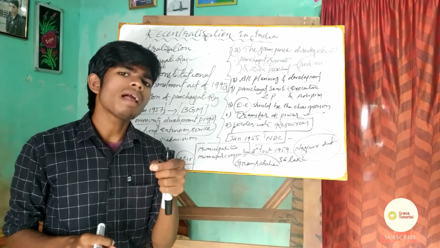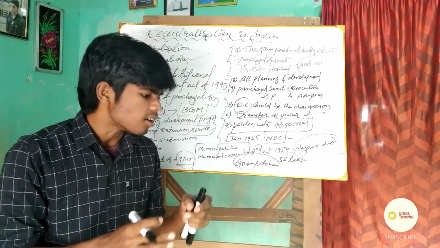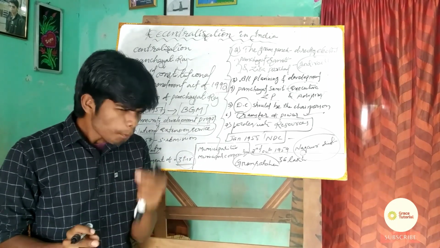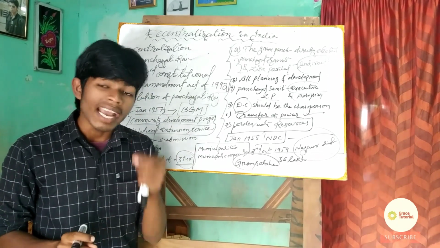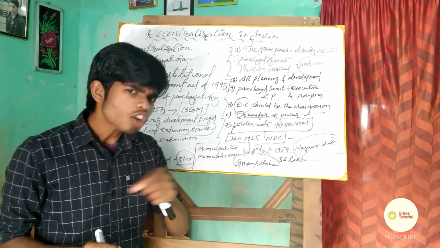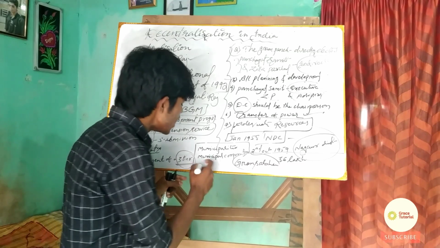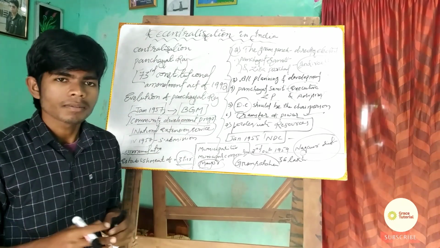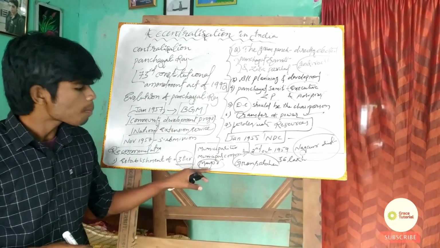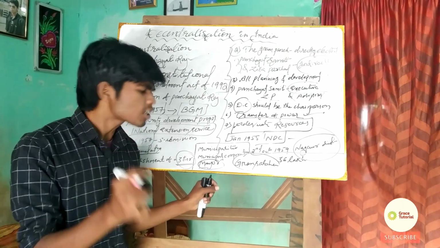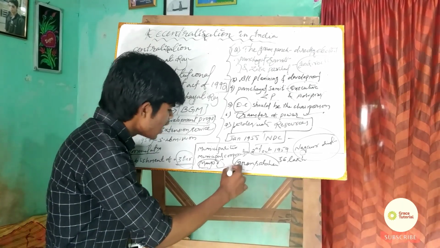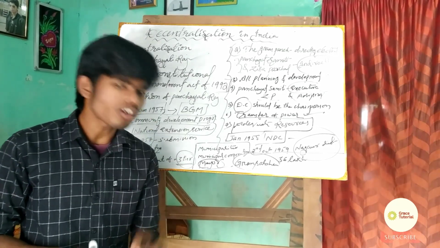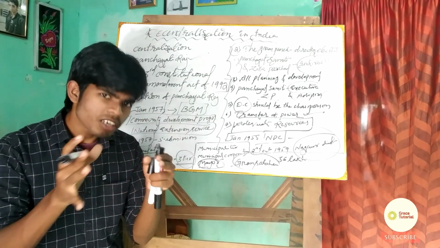Similarly, the urban area developmental governments are controlled by the municipalities as well as the municipal corporations. So the political head of the municipality is basically called a chairperson. Similarly, such an officer in the municipal corporation is called a mayor. Generally, the municipalities are there in the towns, and the municipal corporations are there in some big cities, and the political head of that municipal corporation is basically called a mayor. That means a mayor is the political head, and the administrative officer is the administrative head of that municipal corporation or municipality.